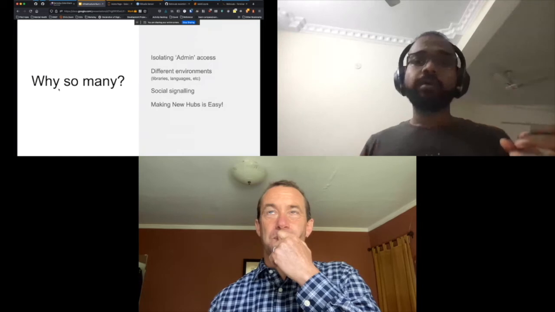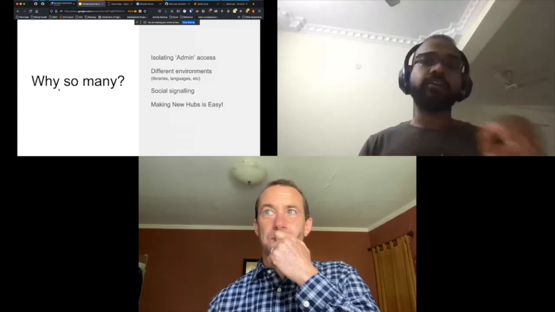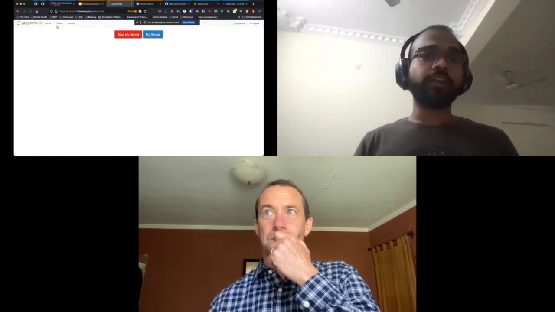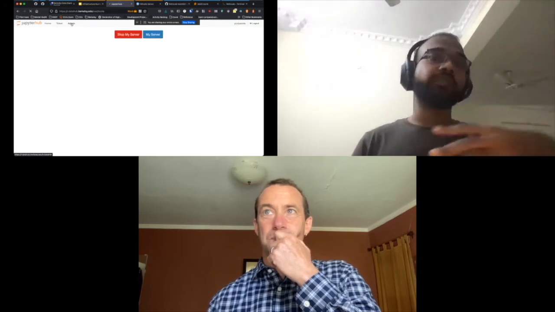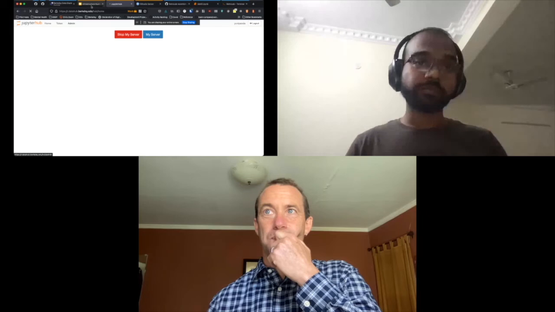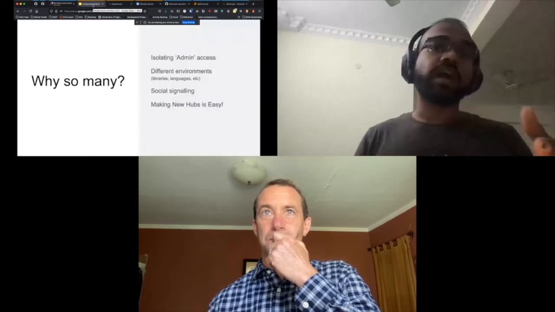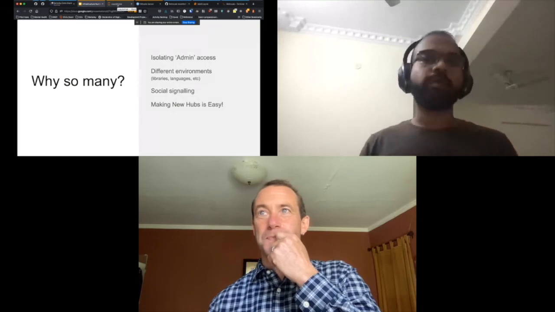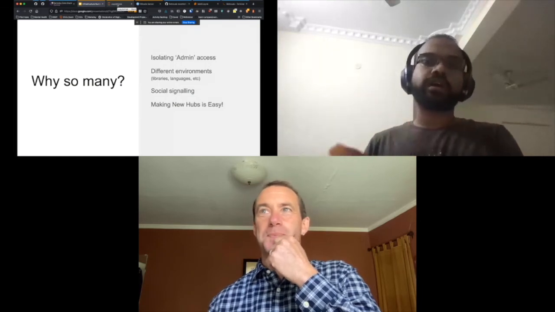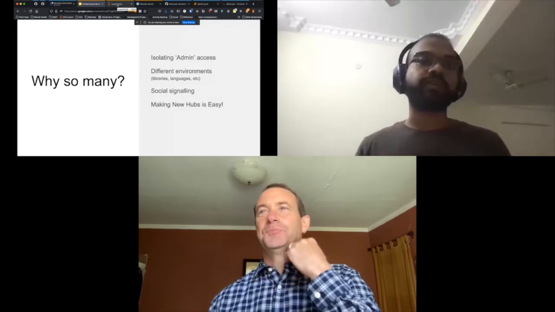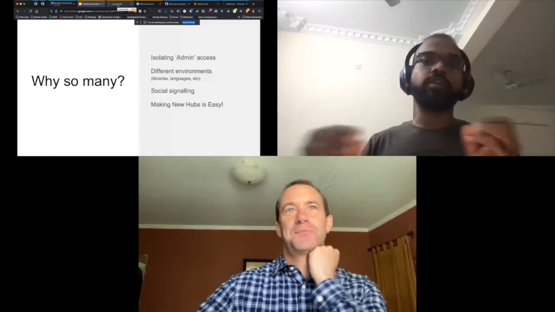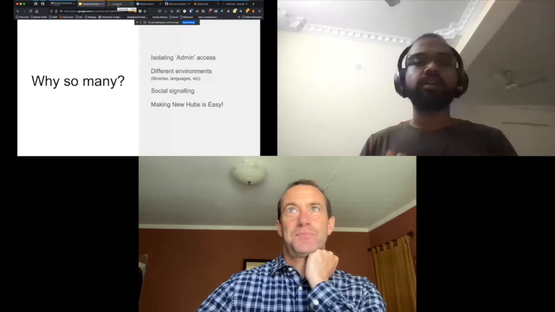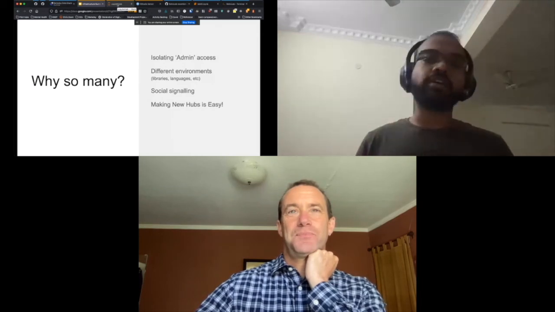It's helpful because there's the idea of admin access. If I go to the control panel, I can actually look at other people's work. We have too many users. I can look at other people's work, help them debug, and do a bunch of things, but we don't want everyone to have that for everyone. So we can do that on a per-hub basis. You can see that the R hub has RStudio by default, and the main data hub has Python.